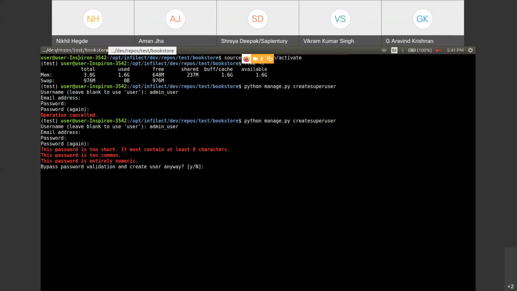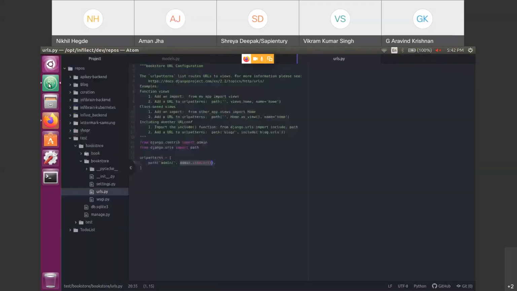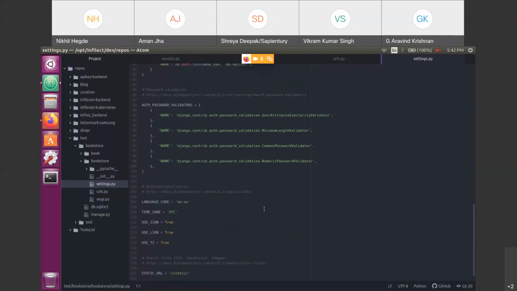You can see there is some validation by default in Django. This password is too short, it must contain at least 8 characters. The password is too common, and this password is entirely numeric because I have given only 1, 2, 3. You might be wondering how these validations are coming. I have already shown you this yesterday. In the settings file, there is a section called AUTH_PASSWORD_VALIDATORS, where you can see multiple password validators.